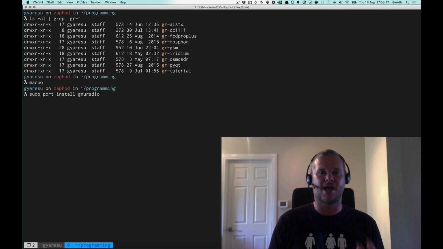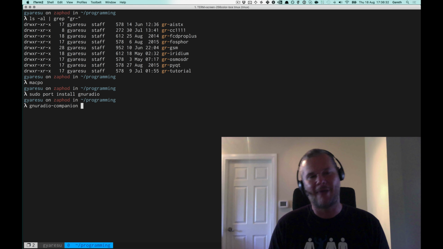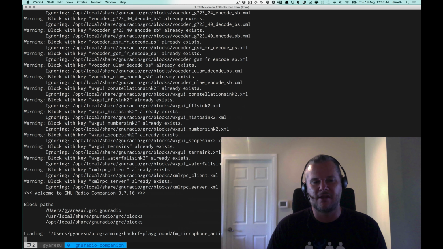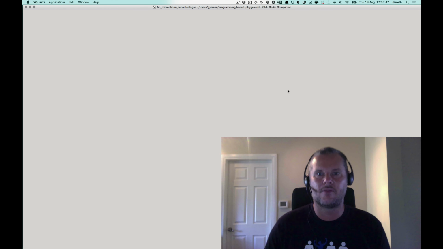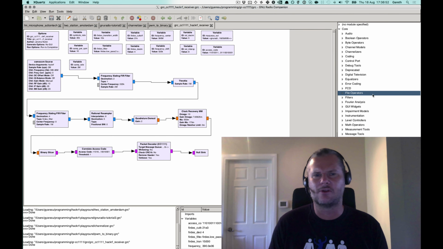GR Iridium is really good and worth having a look at. You can use GNU Radio from the command line, but then you get your GNU Radio Companion, and because you've got X11 installed and GNU Radio installed, you can get a nice user interface, and there we go. And then all of the out-of-tree modules build in the same way that I was showing in Spectrum builds. And again, weird user interface, but if you hit / you get that search function, and then